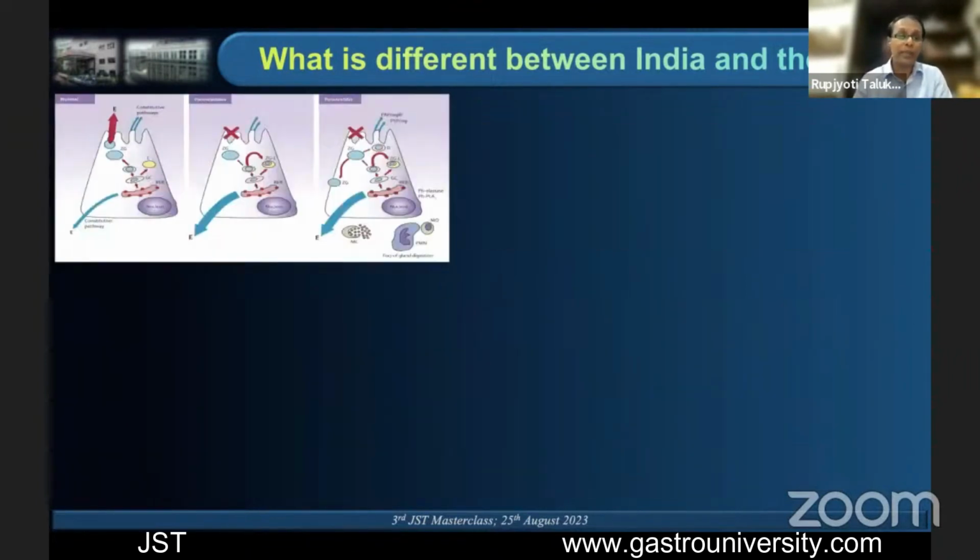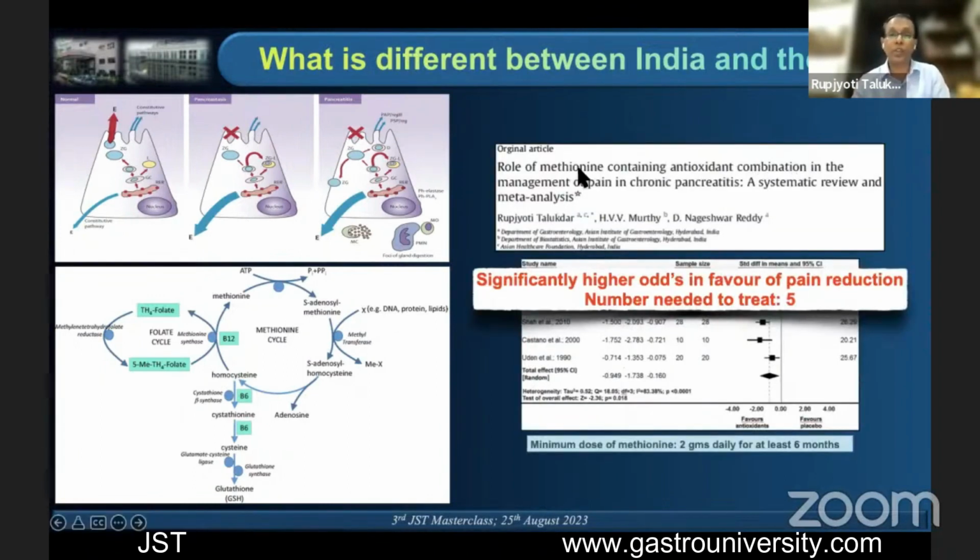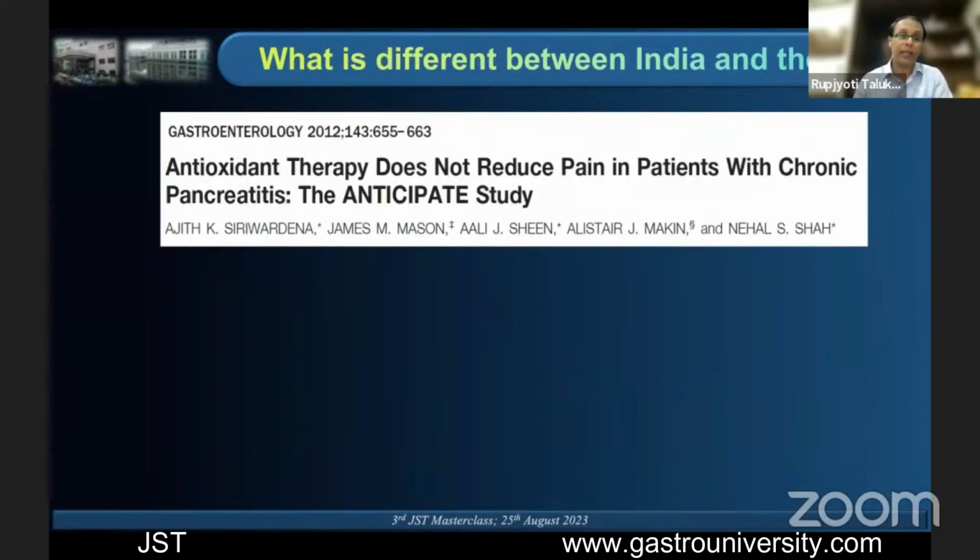So why this benefit happens is because in chronic pancreatitis, there will be loss of exocytosis, and there will be minor inflammatory changes within the acinar cells, and that happens because of the interruption or disruption of the methionine cycle or the transsulfuration cycle. So this is the logic of providing antioxidants, and we could show that methionine-containing antioxidant, methionine is a donor for this cycle and it restores the cycle, that have a high odds ratio in favor of pain reduction. But then the study from Siriwardena, the Anticipate trial, published again 10 years back, did not show any